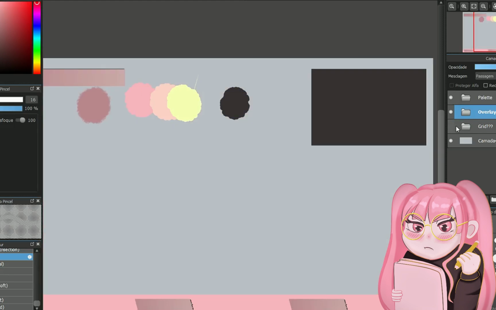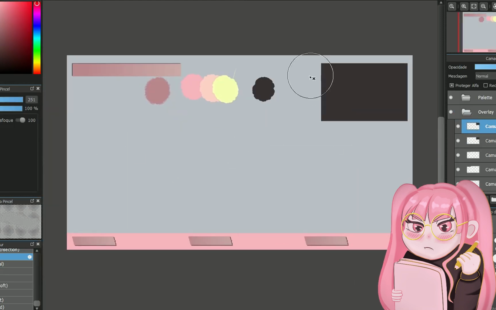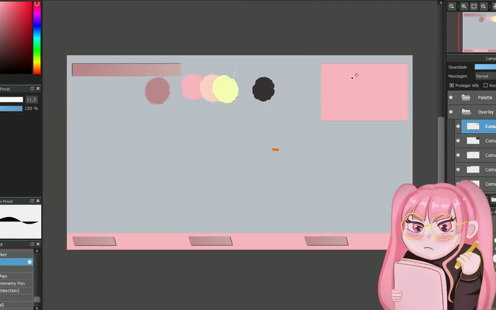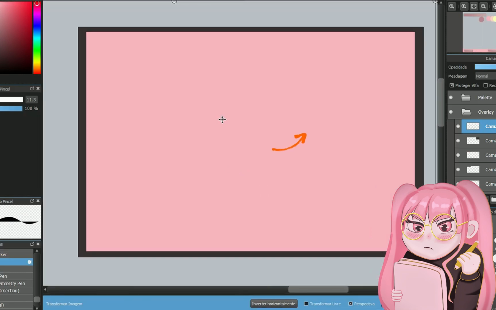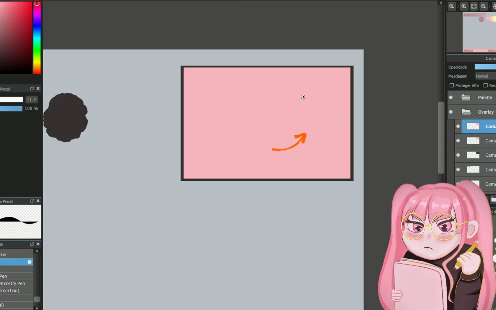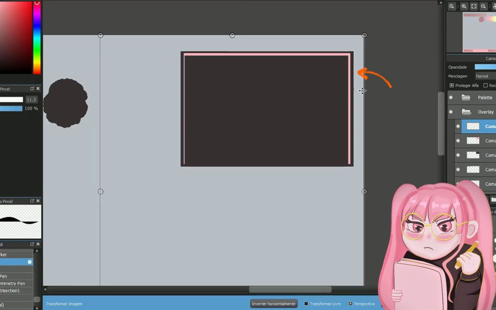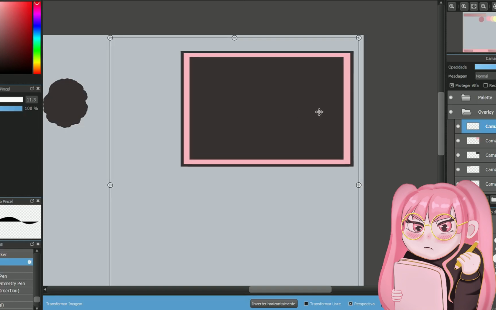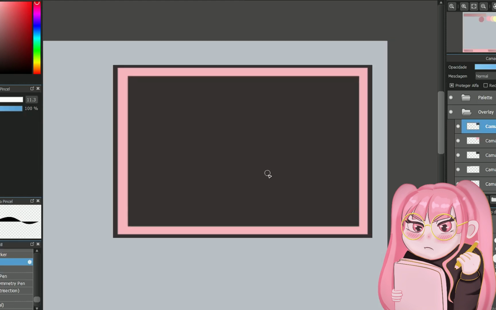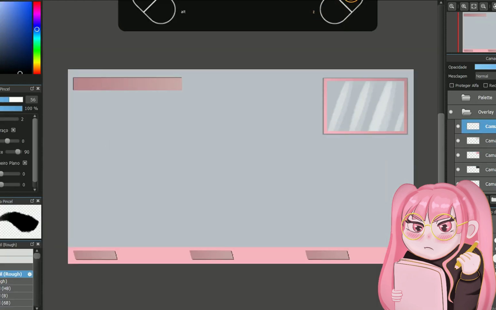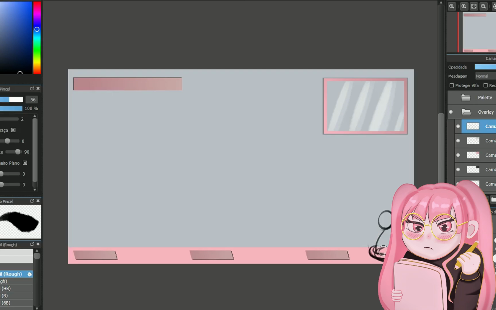Notice the way that I do buttons and overlays in general: I just pick one square, I copy and paste this, make it smaller, build one on top of the other, make the second one darker, and then it becomes a shadow. Right here I'm just making a camera holder, so I blur the bottom square and use a gradient. You can see the main structure here is ready. It's just time to add some final touches and details.